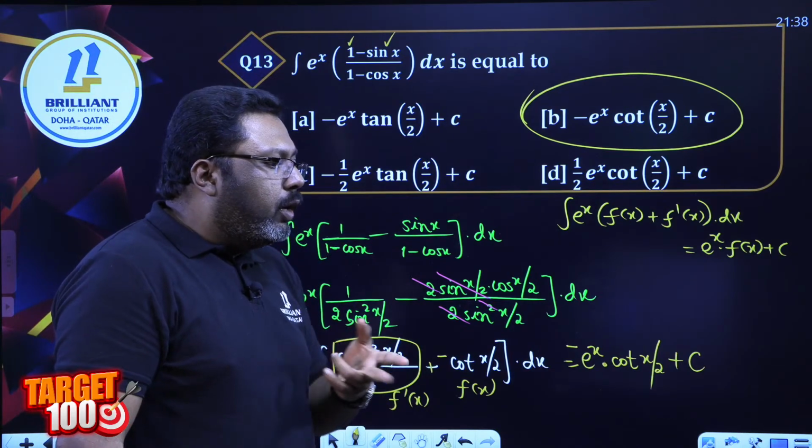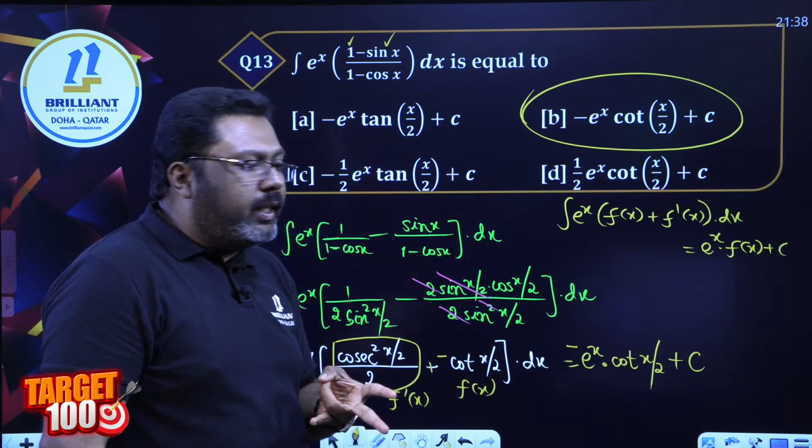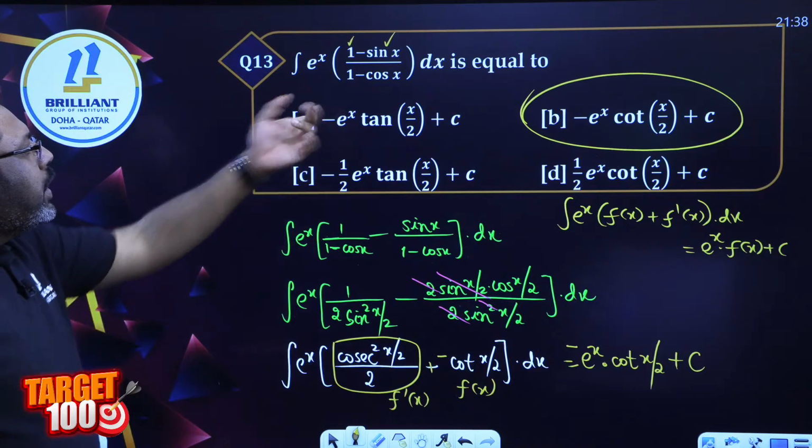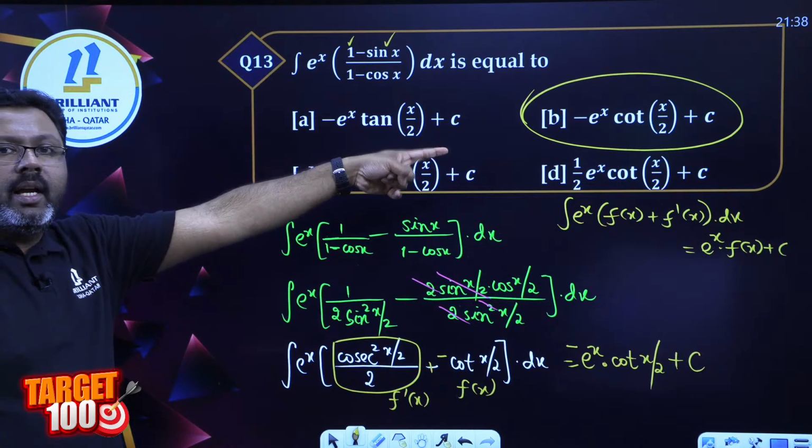Okay, yes, 3 of you said the answer, Abin, Prapti and Ritika. Okay, Adil also now. So minus e raised to x cot x by 2